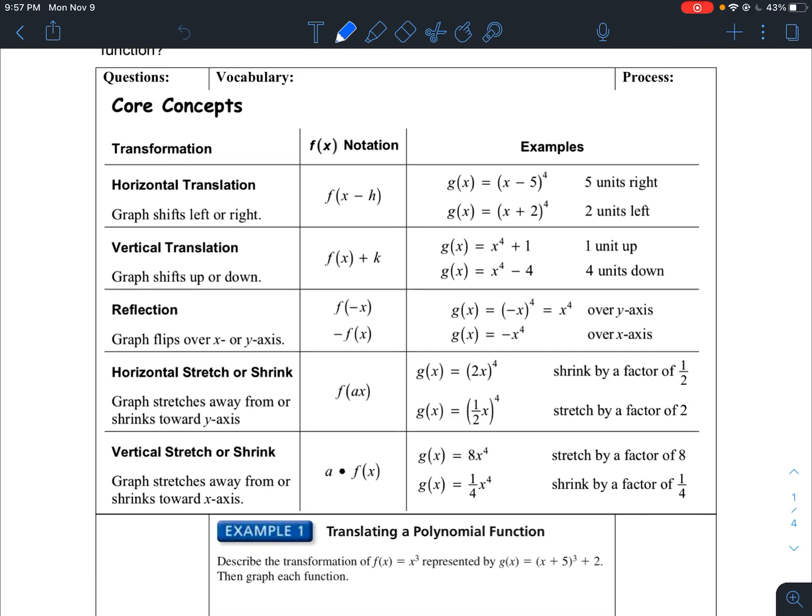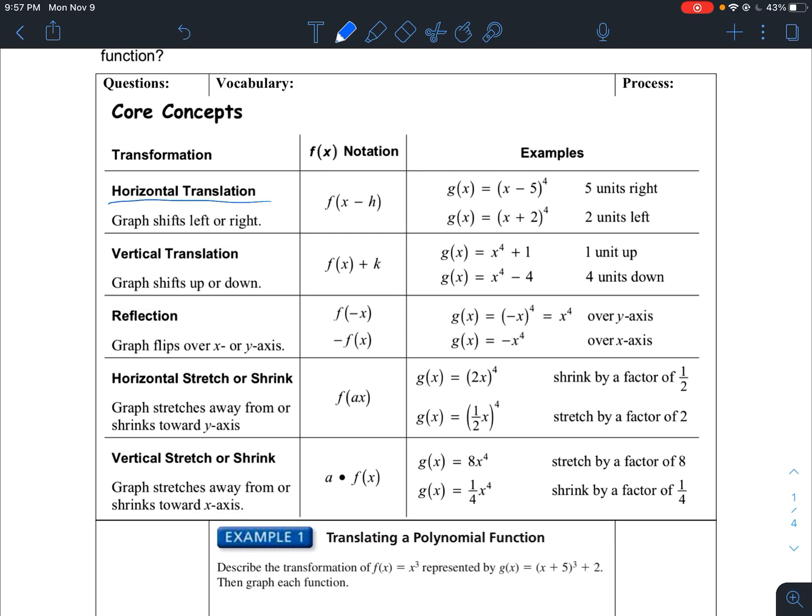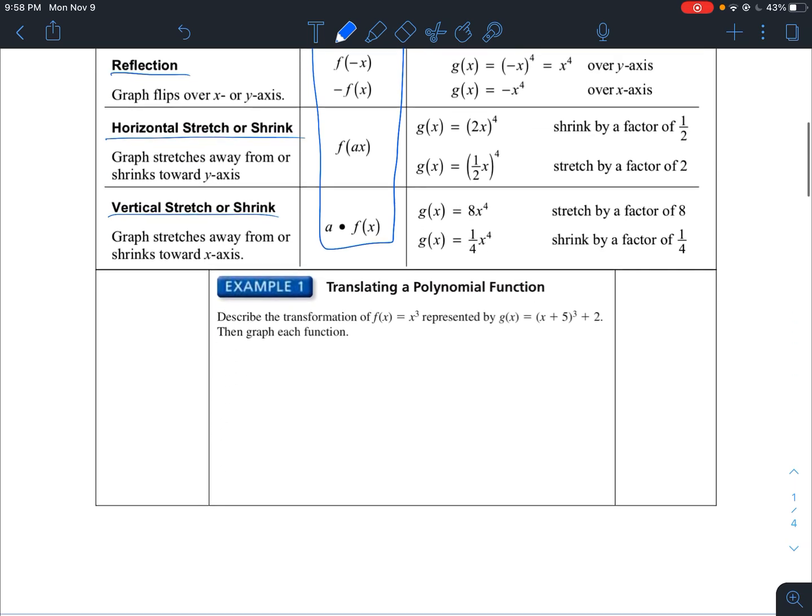So up at the top of the page here, you'll see a list of transformations. We have horizontal, vertical translations. So these are shifts to the left or to the right or up or down. We have reflections, horizontal stretches and shrinks, and vertical stretches or shrinks. Here's the notation for all of them, which are just the same thing, and then we'll have some examples. But this should be pretty short, but I'm just going to dive right into some of the examples that we